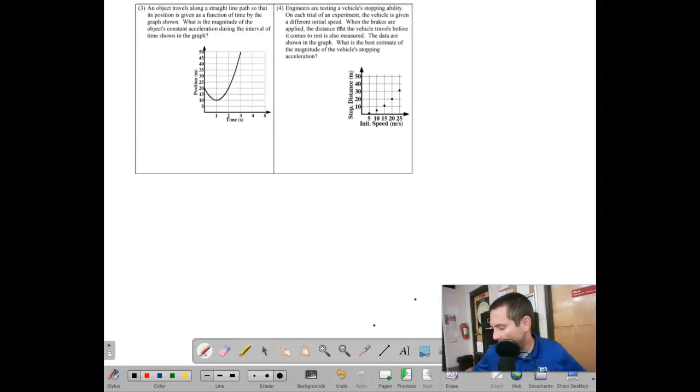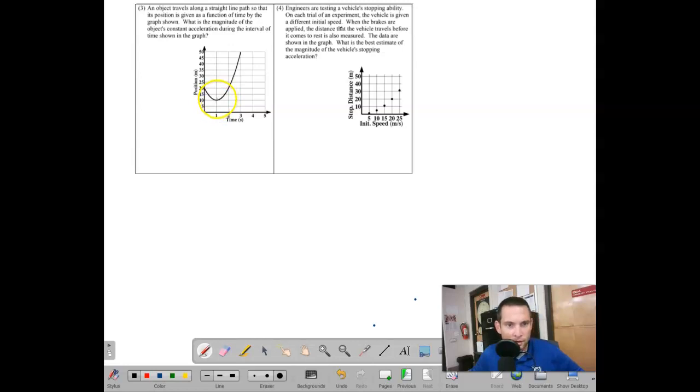So, first things first, when we're looking at a position versus time graph, or any graph, the first thing we do is look at the axes to determine what they are and make sure we know what the units are. There's nothing weird going on here. Okay, so what is the magnitude of the object's acceleration during the interval of time shown on the graph? Well, the